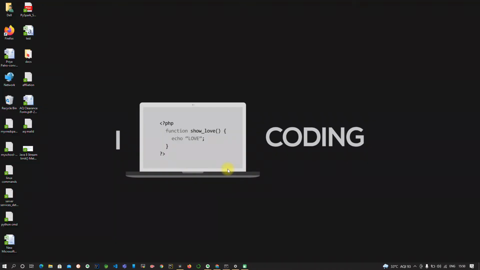Today's video is going to be about NumPy array creation. What are the different methods that NumPy provides to create an array? I have selected a few of the methods, and I will be leaving the link in the description below so that you can play around with all the methods that NumPy provides.